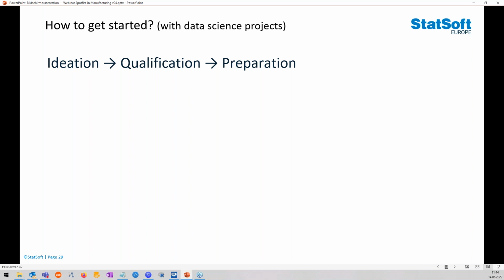try to do is, first of all, to go to some kind of preparatory phases. So ideation phase, where we try to find ideas, basically, what could be helpful to you. Maybe you have some problems identified already, and then we can make a list of these and qualify each of them and find out what is the most advantageous project to tackle first.